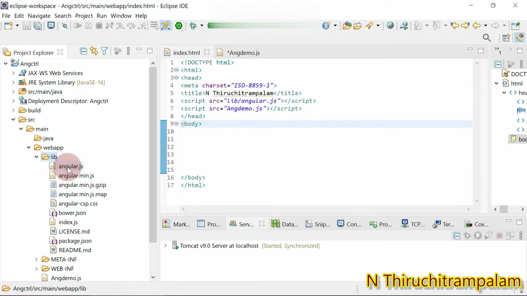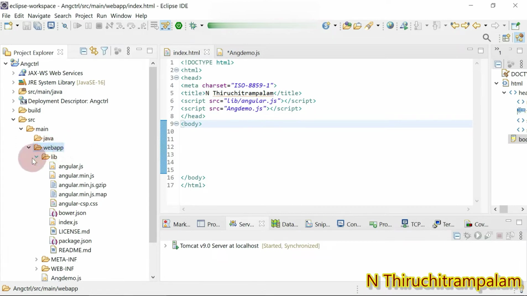Then on the web app folder I created the index.html file, and one more file, the angdemo.js AngularJS file.